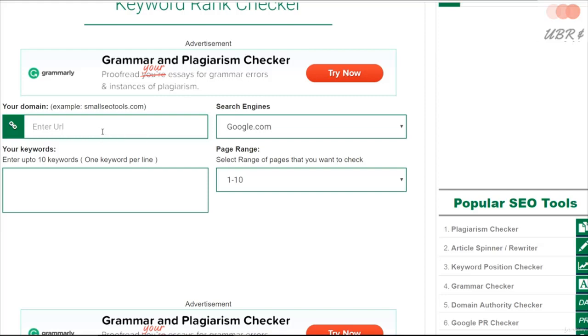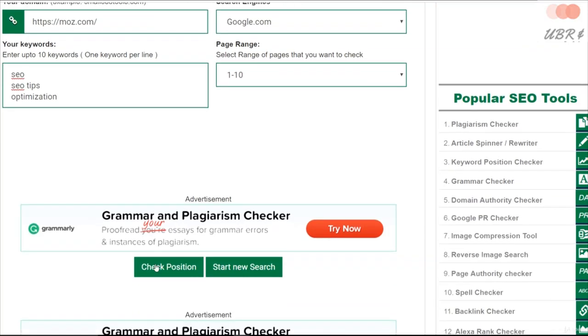So if we paste in moz.com, which is a really well-known SEO blog, and then just type in a few different keywords. There we go, we've just put in 3 different keywords. We've got SEO, SEO tips, and optimization. And then if we go down and just click check position,